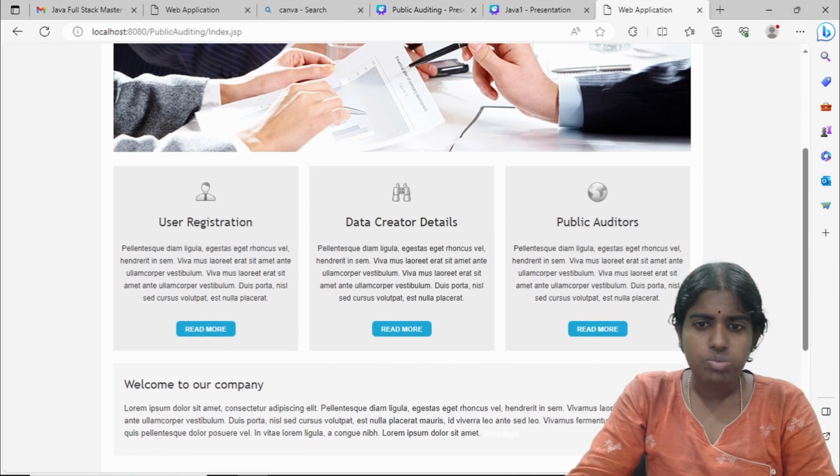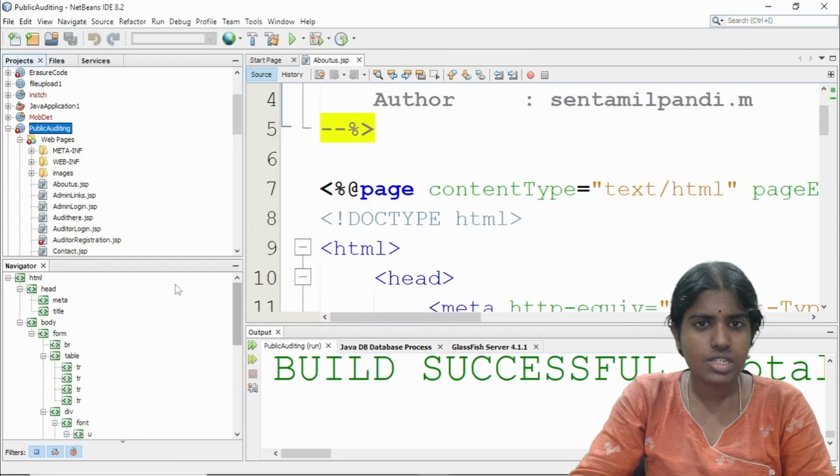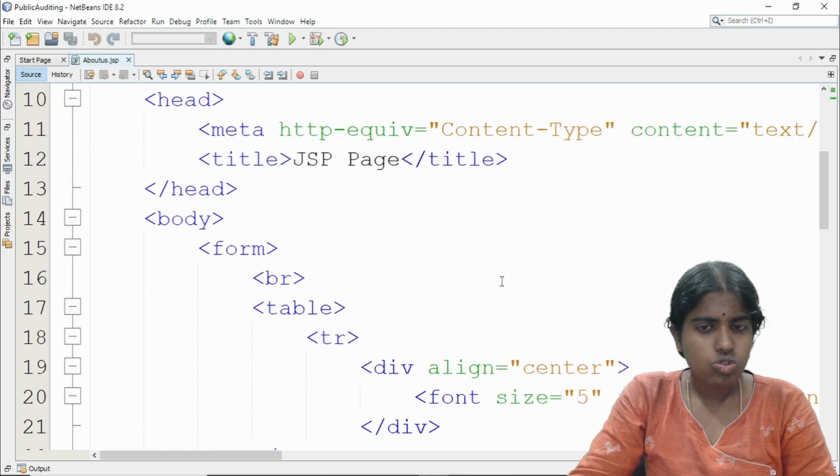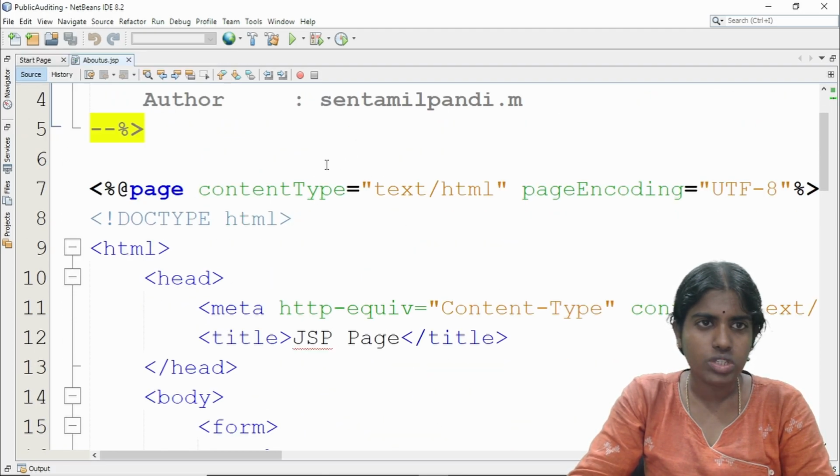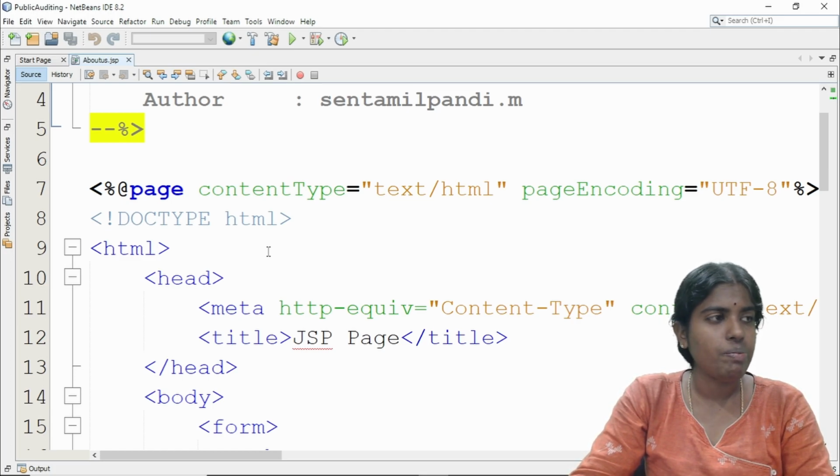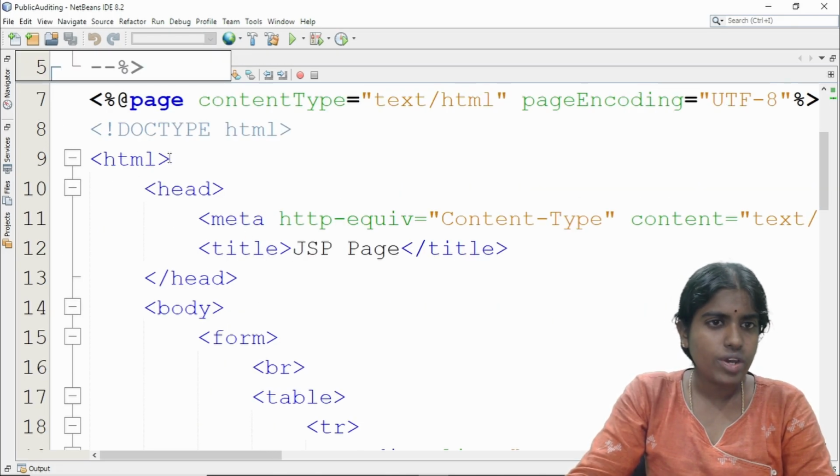So in order to develop this project, when you go to the NetBeans IDE, you have an about us page. Inside this about us, all these are the different .jsp files, Java server pages. All my .jsp files, Java server pages, are present in my web pages section. So I have HTML.